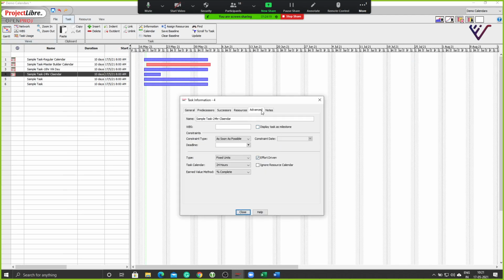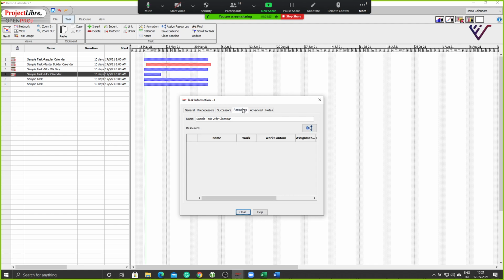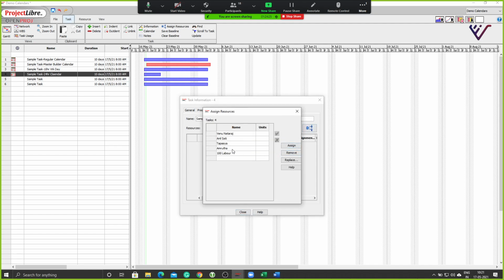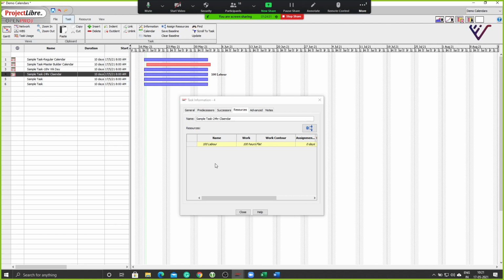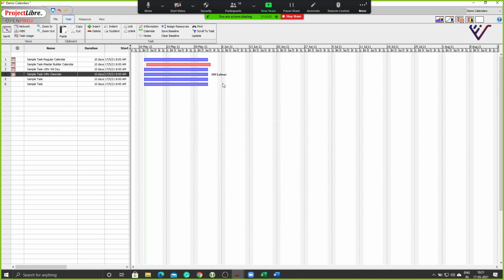I'm going to take this 24-hour calendar, and I will assign resources to this now. Let's say I will assign the 100 labors as the resource for the 24-hour calendar, and say okay. You see that resource is now getting assigned to that task. Notice that it has again become full-fledged even though I applied the 24-hour calendar.